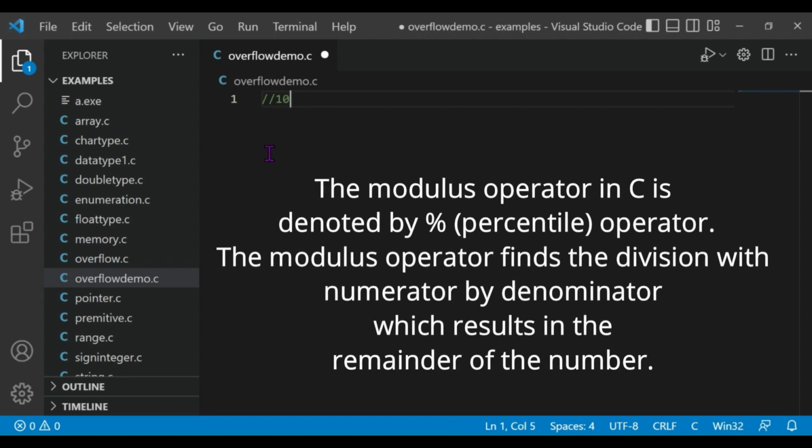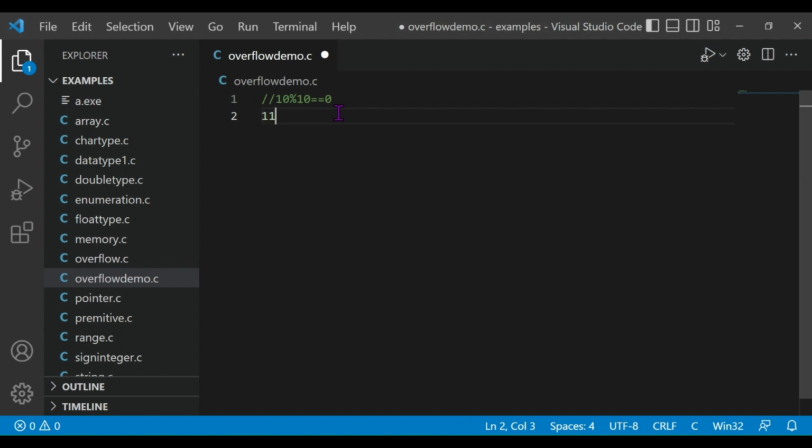Say 10 modulus 10, the percent sign is used for the modulus operator. So if 10 is modulus divided by 10, the result will be equal to 0, because the modulus operator or the modulus division gives a remainder as a result. If 11 is modulus divided by 10, the result will be equal